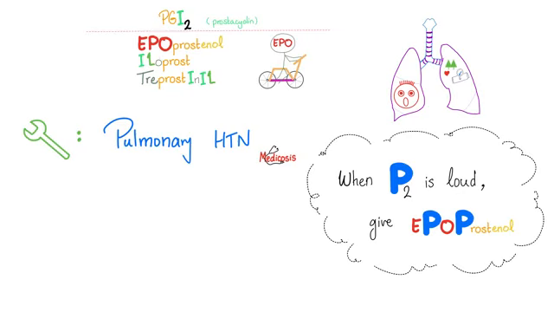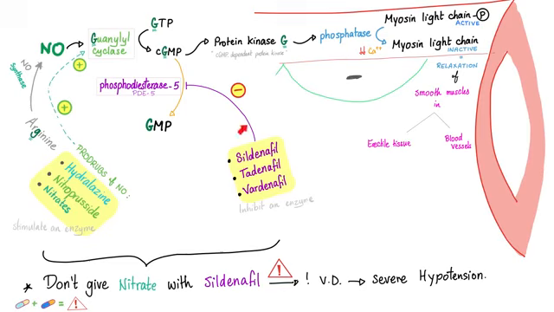How about prostaglandin I2 or prostacyclin, which keeps the blood cycling, such as epoprostenol? We use this for pulmonary hypertension because in pulmonary hypertension you hear a loud P2 heart sound. So when you hear a loud P2, give something that has P and P, P2. Epoprostenol. Sildenafil will cause erection, but prostaglandin analogs can do the same, especially misoprostol, which is an E1 analog.